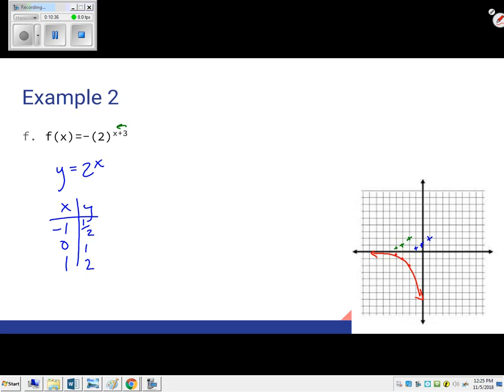Number one wrong thing people do is they try to plug in this -1, 0, 1 into the whole thing without stripping it down to its skinny piece. That will work sometimes. I don't want to tell you it won't work. But on a problem like this, by the time this graph reaches -1, 0, and 1, it's going to be way down here in the negatives. And so I want you to be careful. I want you to strip it all the way down to its basic parent function and then do all of